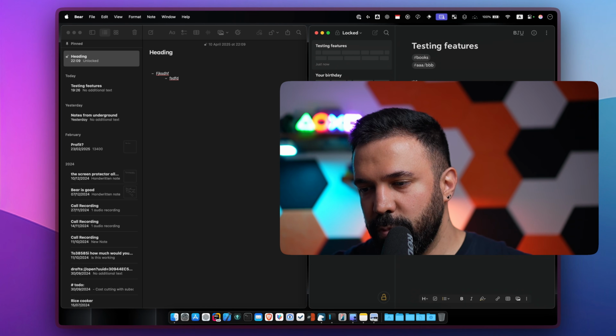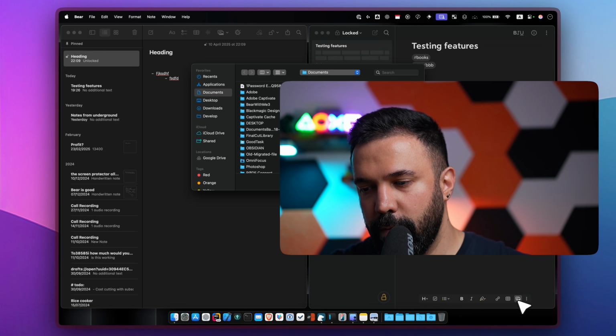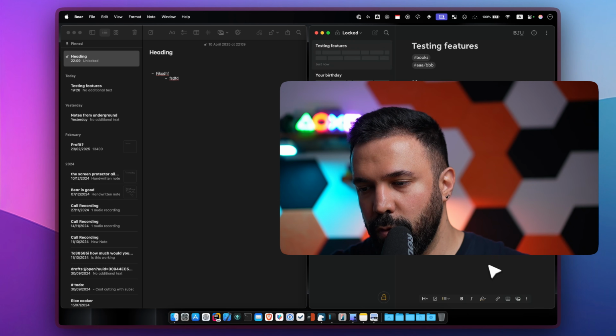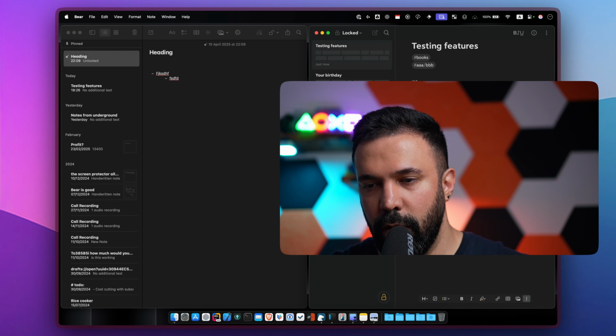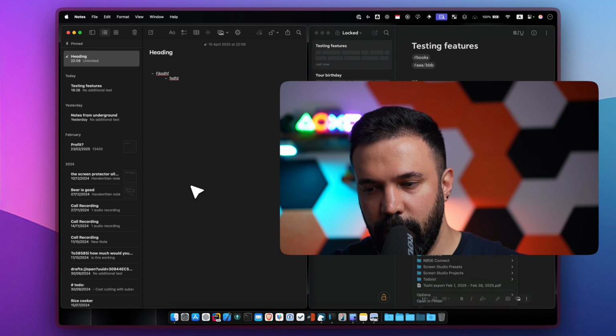In terms of attachments, both applications are quite comprehensive. You can attach a lot of different items into your notes: files, documents, images. With Apple Notes, I think there are some restrictions. You might not be able to attach everything. Let me try a